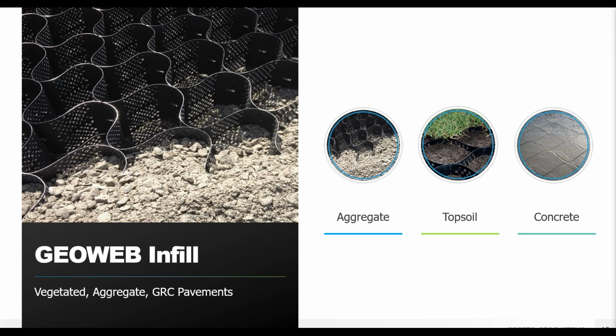Using salvage aggregate or sands can save a significant amount of money on both material and hauling costs. Or you could potentially eliminate the fines of your material because the cells themselves, the actual GeoWeb panels, provide the confinement and aid in compaction of those cohesionless soils. When you don't have fines, you can significantly improve the drainage of the system and let water flow freely through the system, preventing pore pressure buildup and global failure across the cross section.